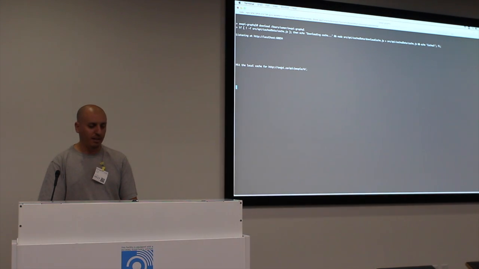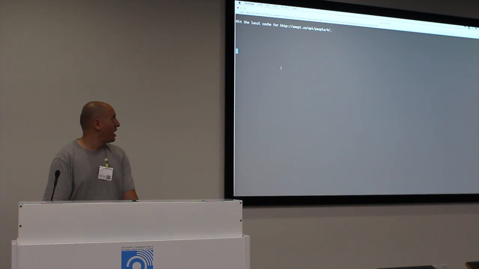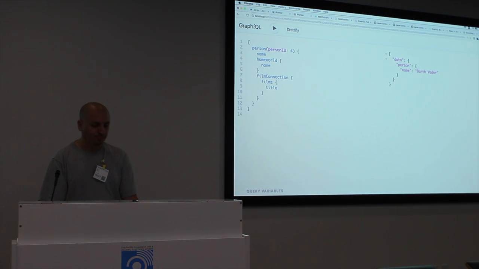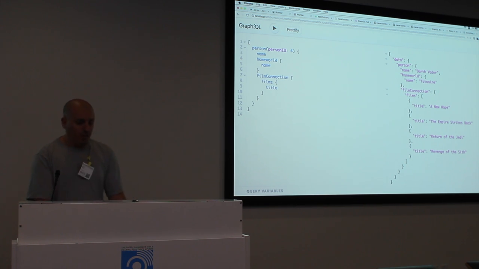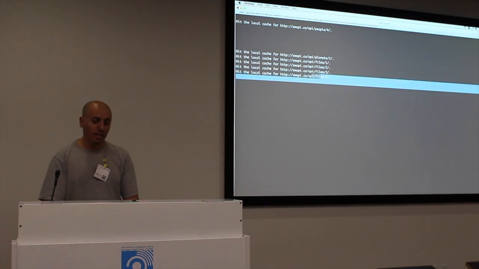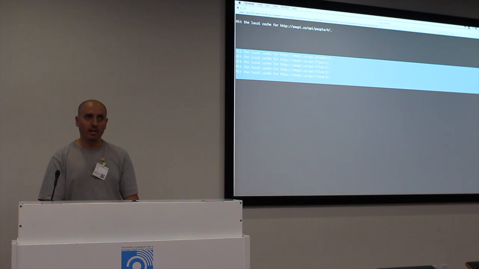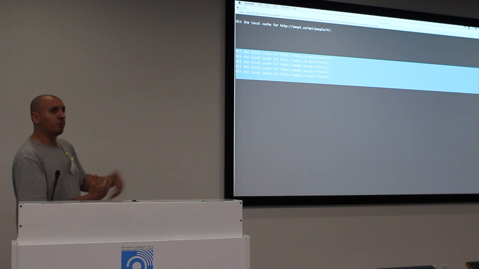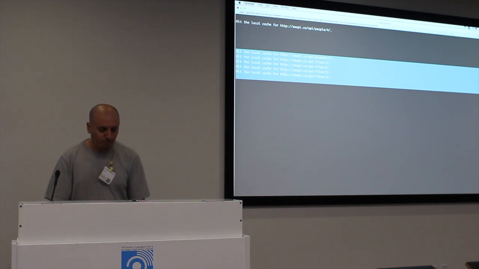And I'm going to show you actually what's going on here in the backend. This is the API endpoint when I ask for Darth Vader. And I'm going to go ahead and ask for this information. And I get the same information in one round trip. However, the API really made all those 5-6 API hits to the cache. This is all from the cache, but it demonstrates what is going on with the REST API.